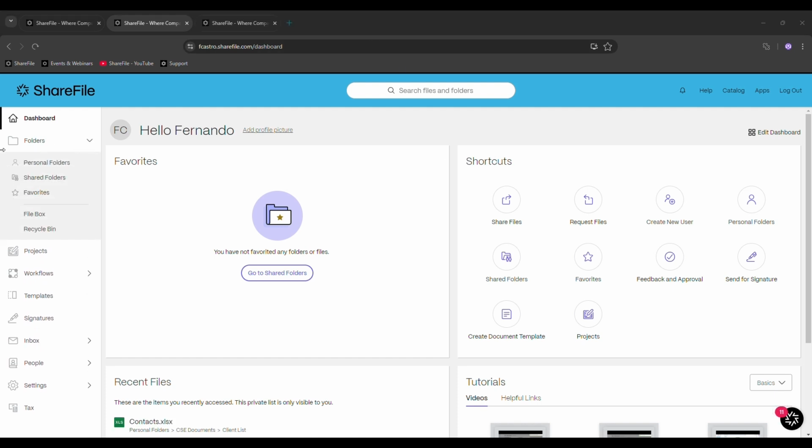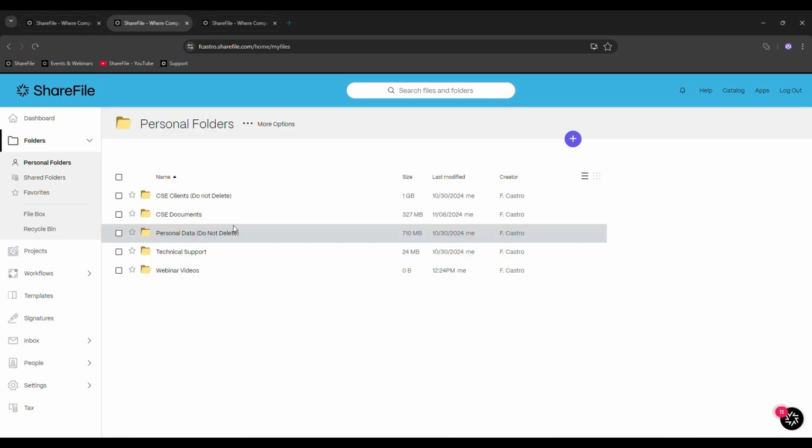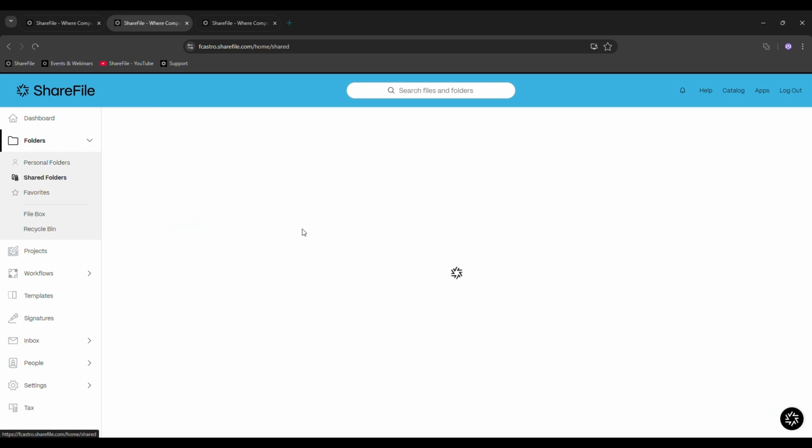Okay, let's go over personal folders and shared folders. Pretty much the difference here is that you can think of personal folders as a storage location that only you can see. However, you can invite other people to your folders to see the folders that you own. And you can do the same in shared folders.